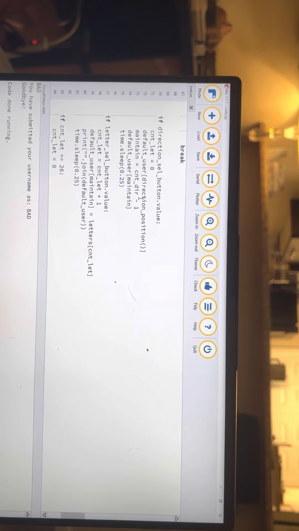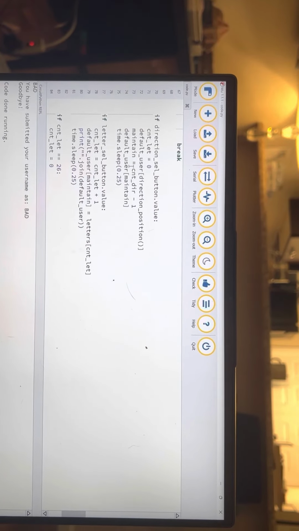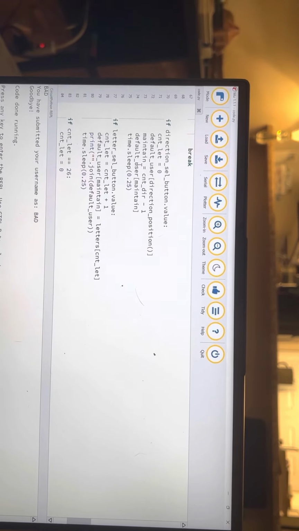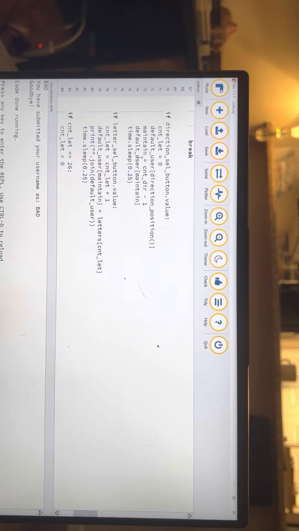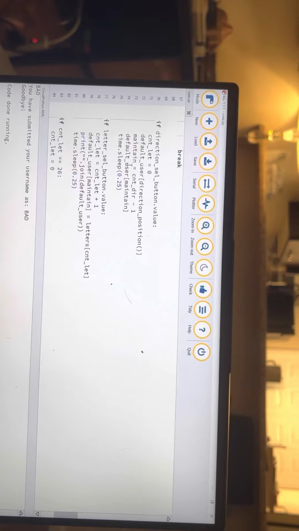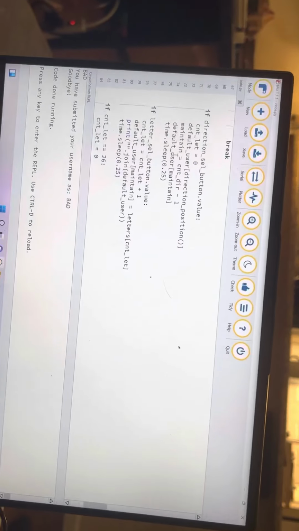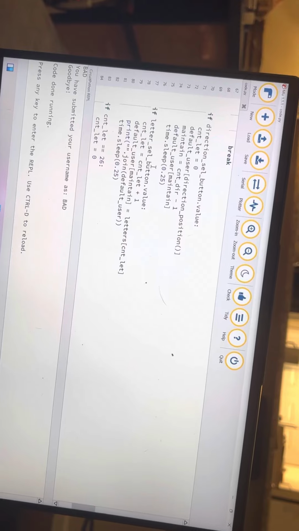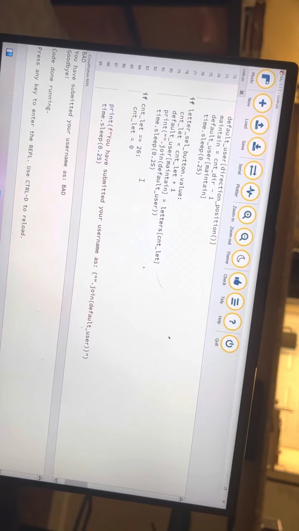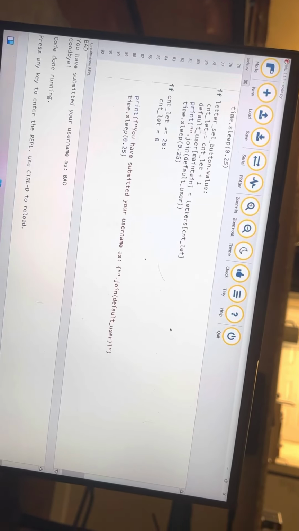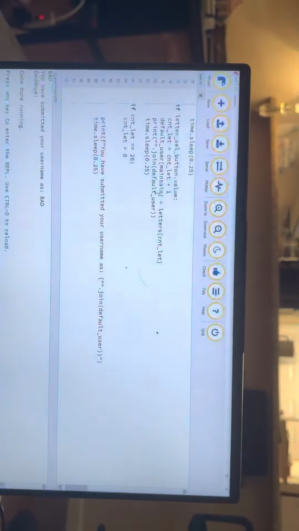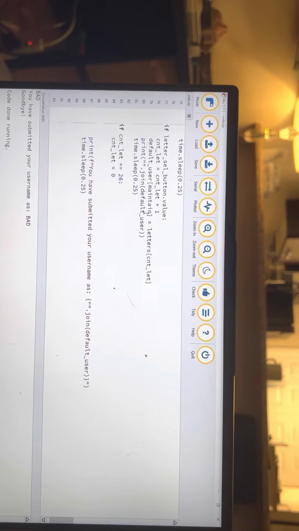And then I created a variable called maintain, which is the counter direction minus 1, and that helps me keep the counter at the correct count without it flipping around. I've had issues with that prior. And then a time sleep, which originally was for a print, but I just left that just for my own peace of mind. And then if the letter selection button, which is this one, is pushed, then the letter